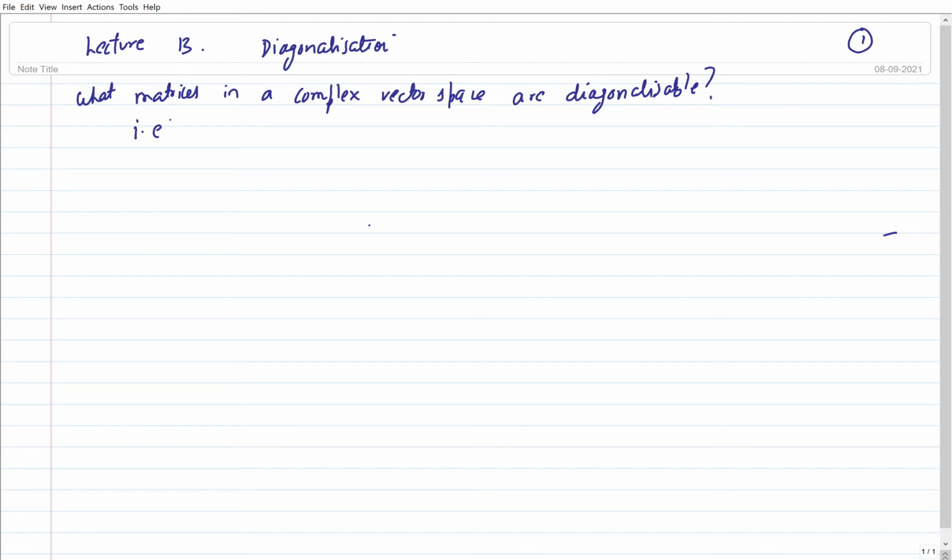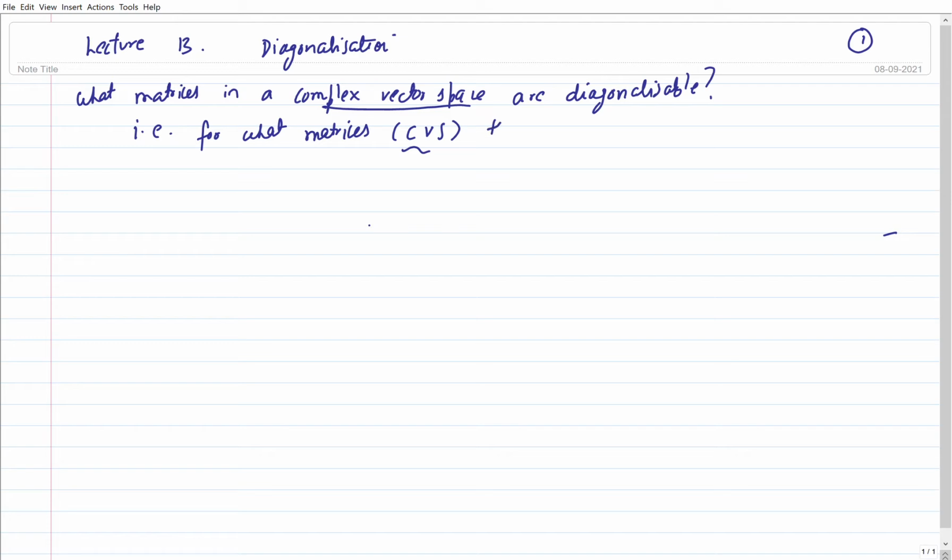That is, for what matrices in the complex vector space, CVS, complex vector space,